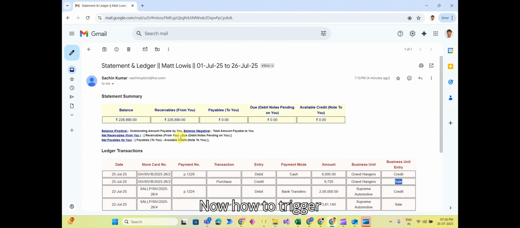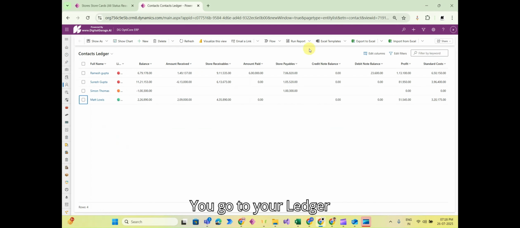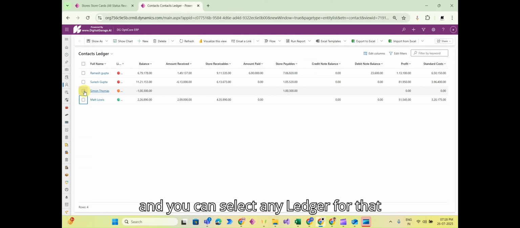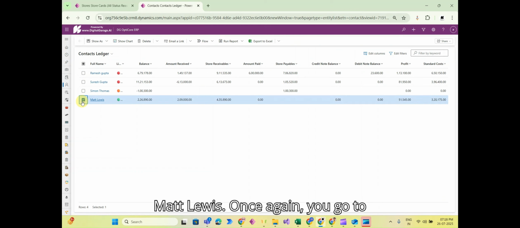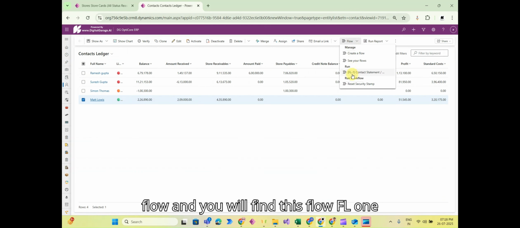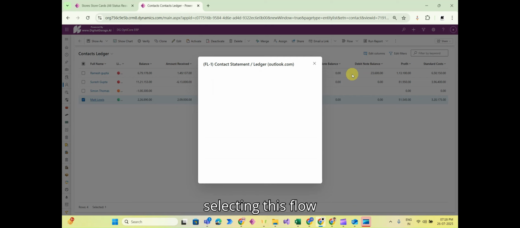Now, how to trigger this email is very easy. You go to your ledger and you can select any ledger for that matter. So, for example, let me select Matt Lewis once again. You go to flow and you will find this flow FL1 contact statement ledger outlook.com. On selecting this flow,